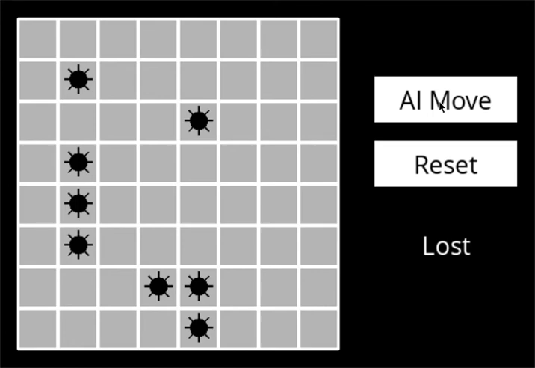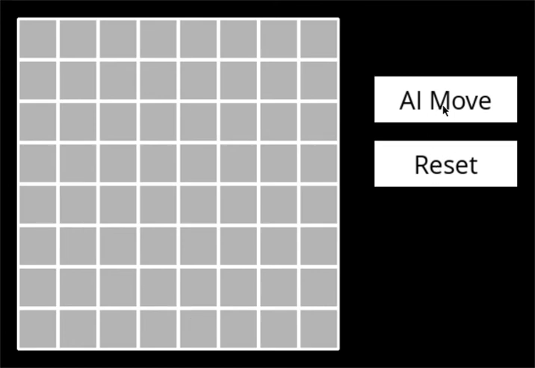So let's do the fourth time. Okay, so here AI has done some move which is safe, and based on that AI will be able to identify safe moves. So if I continue,